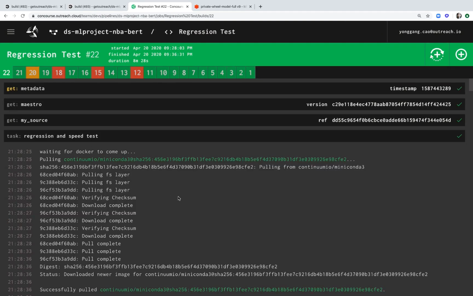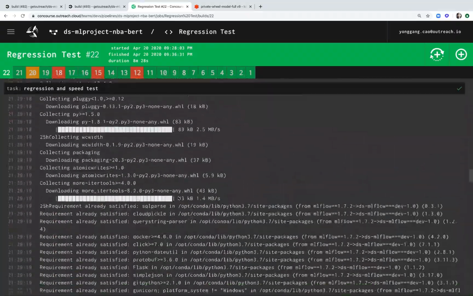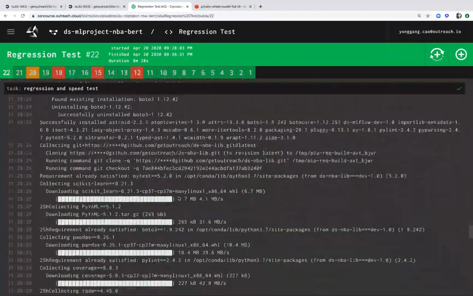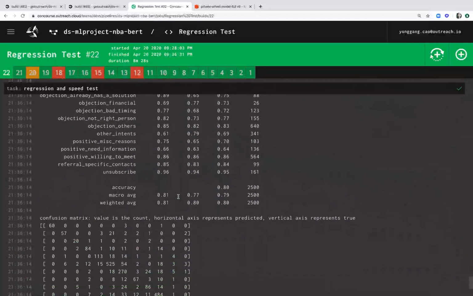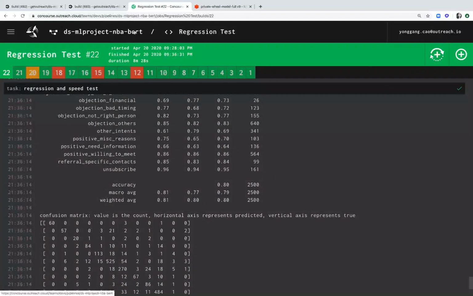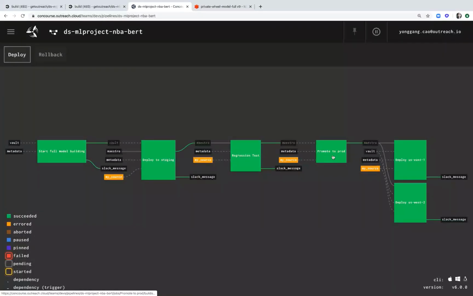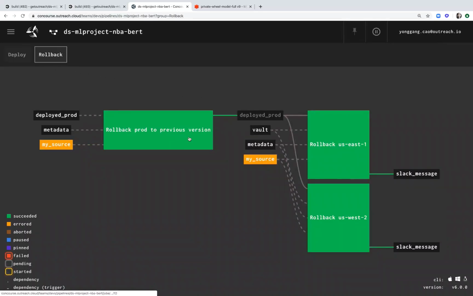We will do all kinds of metrics evaluations in the regression test. And after that, we will promote to prod. It automatically pushes to both US East and US West regions. We also support manual-driven rollback. If you trigger this step, it will roll back to the previous version for both US East and US West.